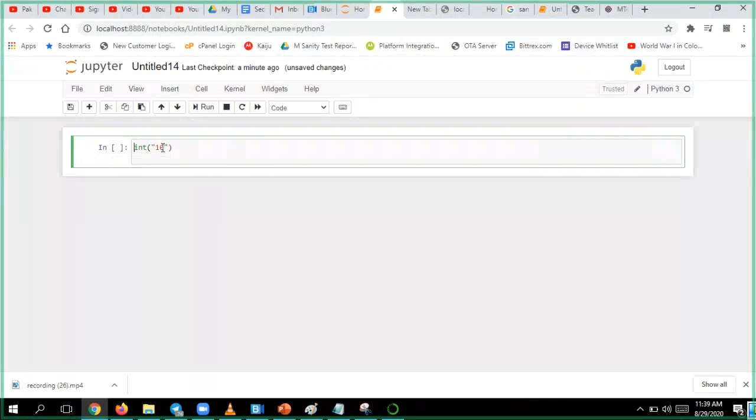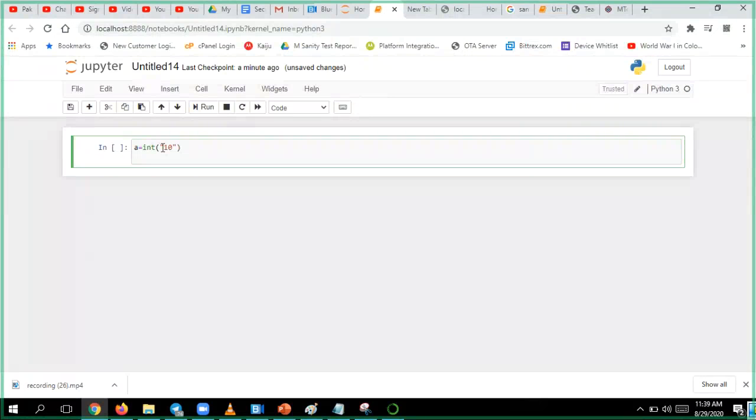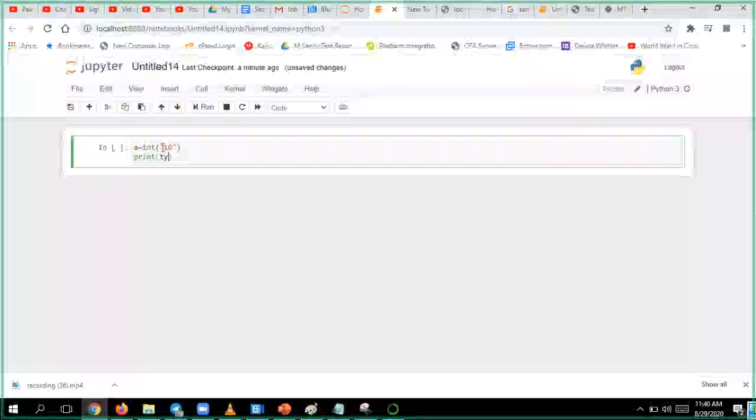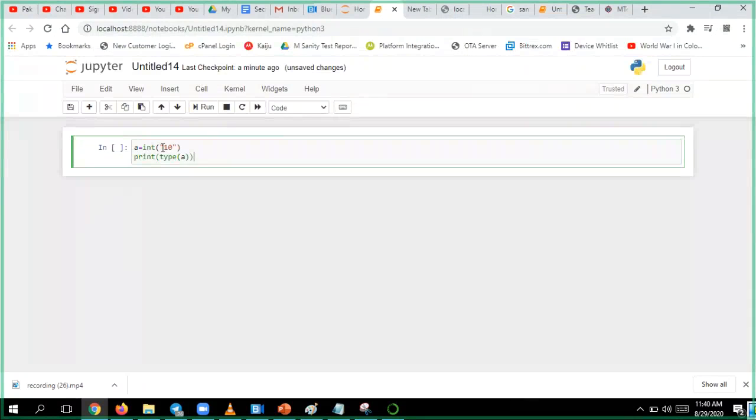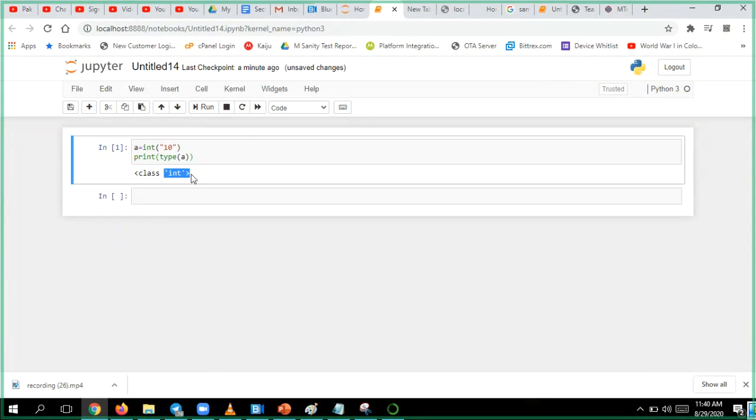Say for example a is equal to int of 10. Now I want to see the type of a. Print of type of a. Just this much is enough. Anything you want to convert, just give it in that int function, and it gets converted into integer format.